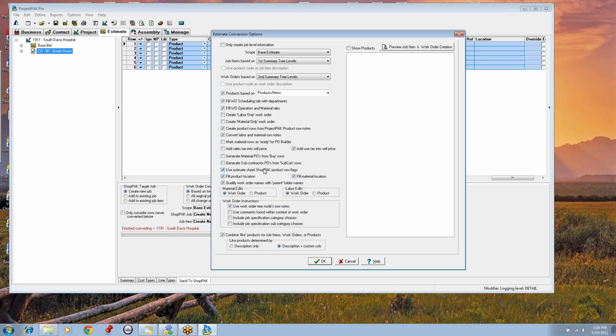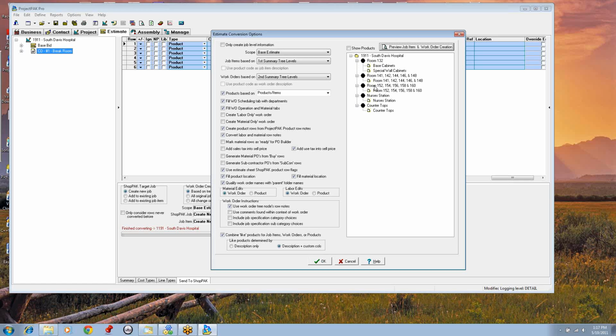Okay? Let's take a look at what I think is probably the most important change that we've made with conversion. And it's this preview area. So if I hit preview, job item, and work order creation, this is a little WYSIWYG. I can't say it's going to be perfect in all cases because sometimes it requires so much effort to determine this that it is doggone impossible to correctly lay out the work orders and items. But about 98, 99% of the time, you're going to get a good accounting of what it's going to look